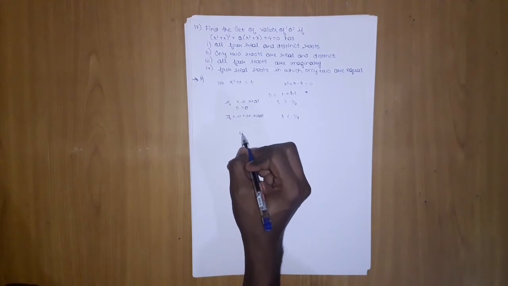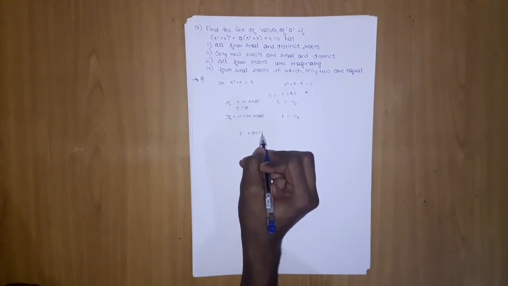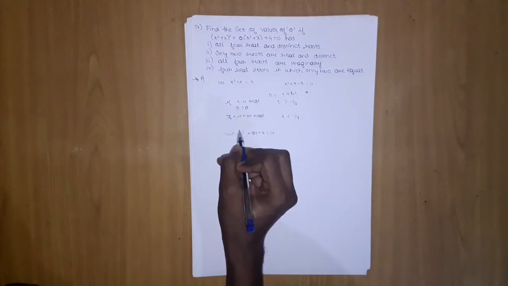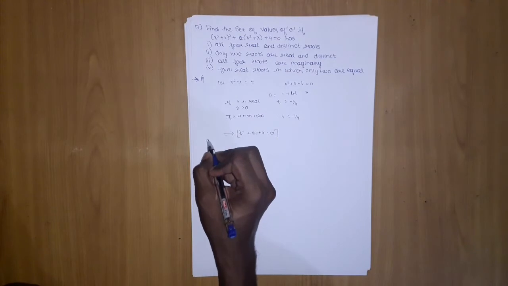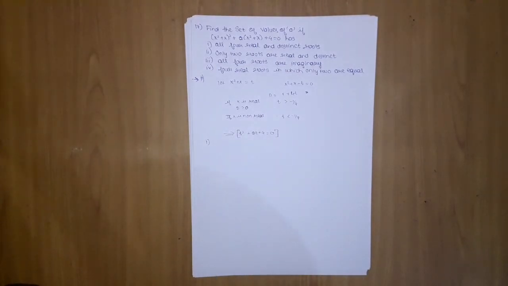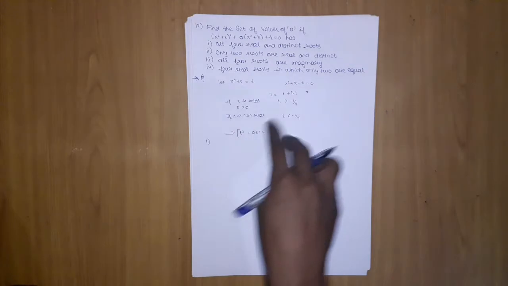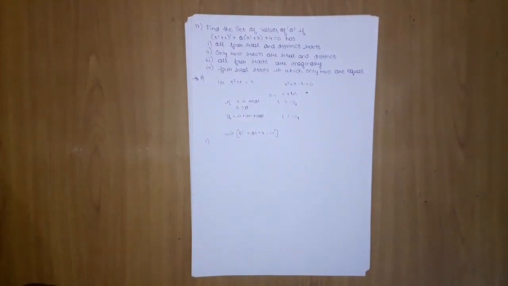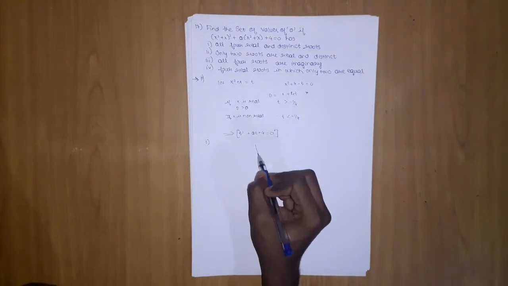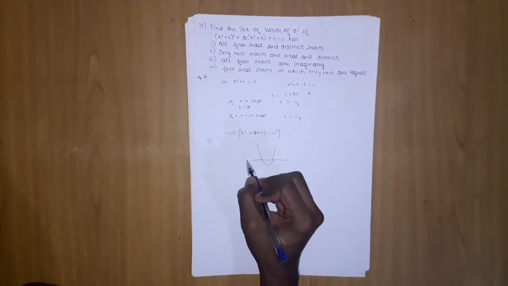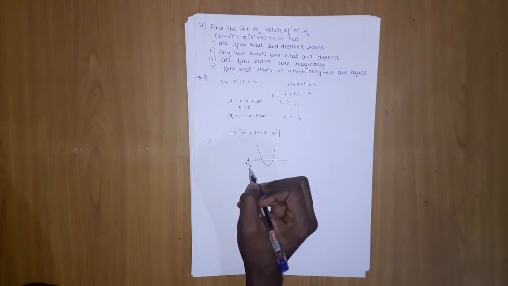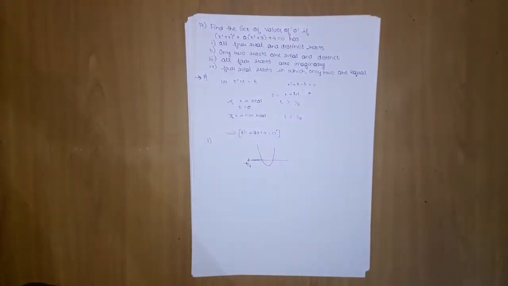Let's generate the equation, which will be t square plus 8t plus 4 equal to 0. This is our equation. For the first case, it is saying all 4 roots are real and distinct. Now this has 2 roots and this has 2 roots. For roots real and distinct, if I draw this curve, it will be like this. For distinct, t must be greater than minus 1 by 4. So these 4 roots will lie after minus 1 by 4.